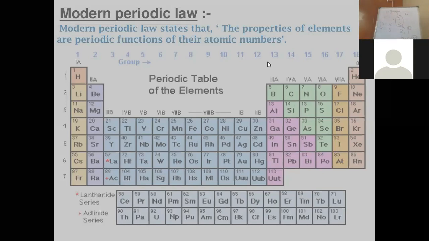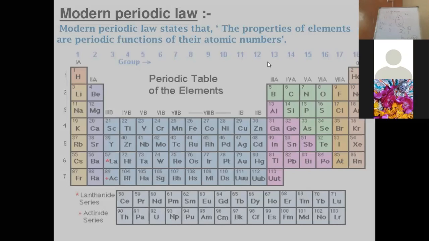So they are called short periods. Then the fourth and fifth periods contain 18 elements each, and that is called the long period. Then there is the sixth period, that is the longest period, right? And below the periodic table on your screen there are two series, which are called the lanthanide series and actinide series. They are part of the 6th and 7th periods only, right?